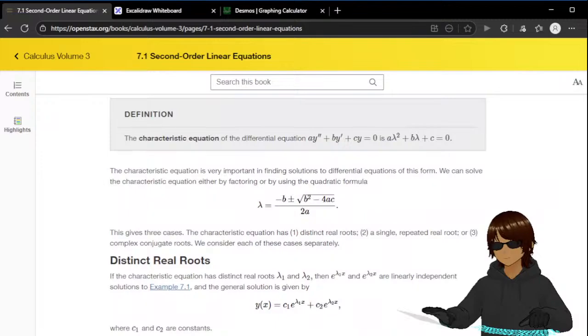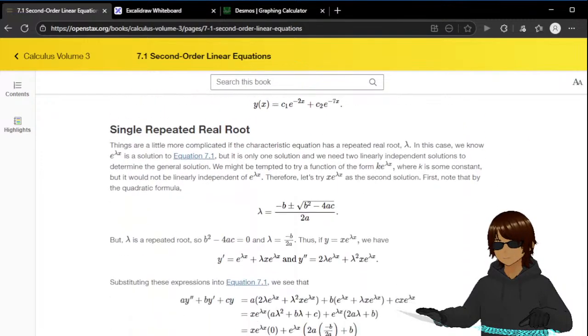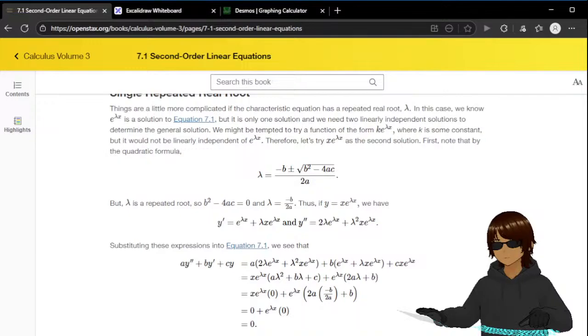Hold on. Single repeated real root. Why do they call it repeated? If it's a single root, then I understand this, and lambda is equal to minus b over 2a. Thus, if y is equal to x e to the power of lambda x, we have